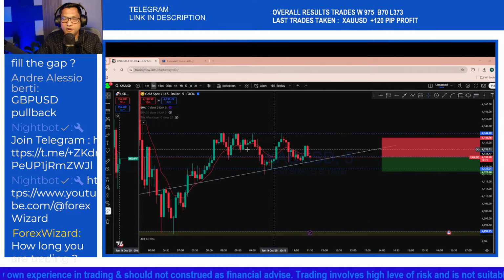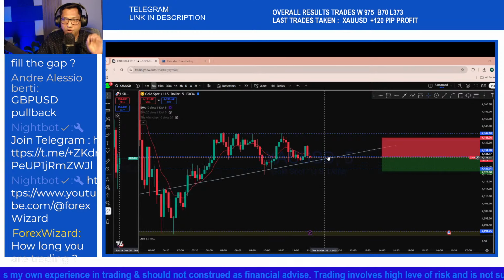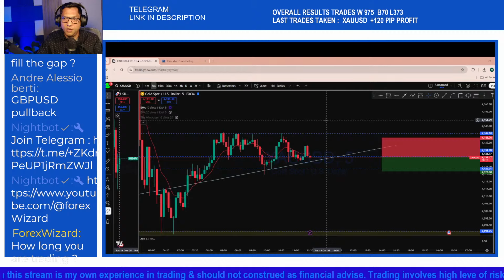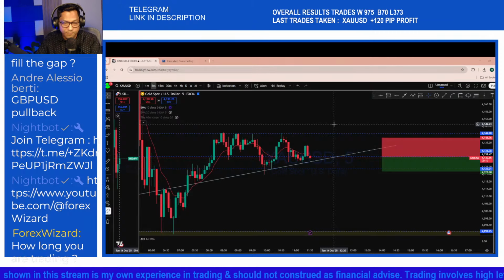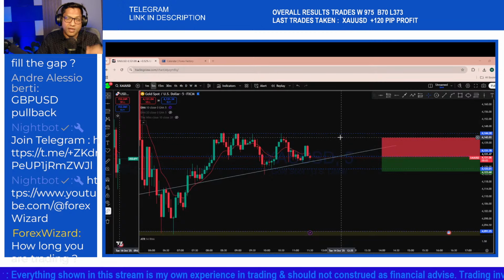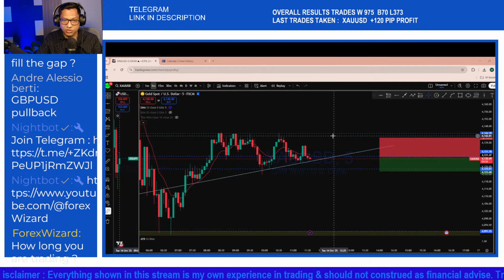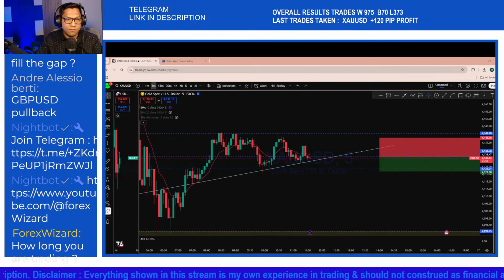Now if you are a complete beginner, then probably you don't know, but if you are an experienced trader, you know how long it takes to become a consistently profitable trader. If you trade in the right direction, at the right time, in the right way, not more than 3 months. Guys, not more than 3 months to become a consistently profitable trader, as long as you have the right trading psychology. Right trading psychology is the key to become a consistently profitable trader.